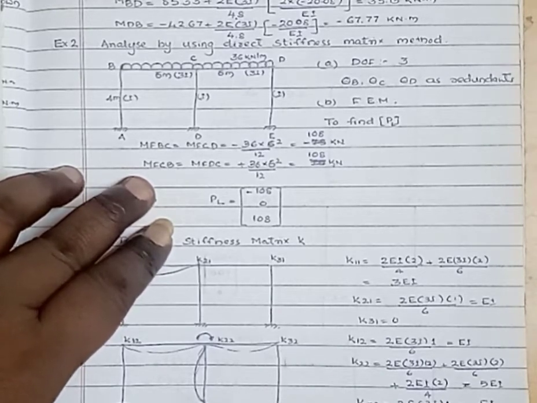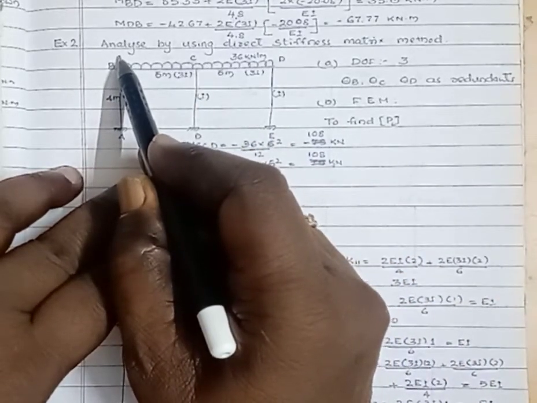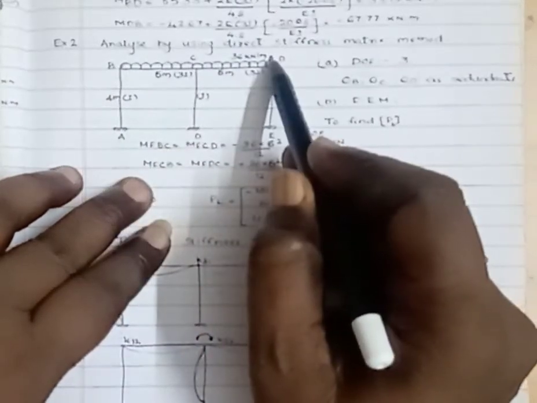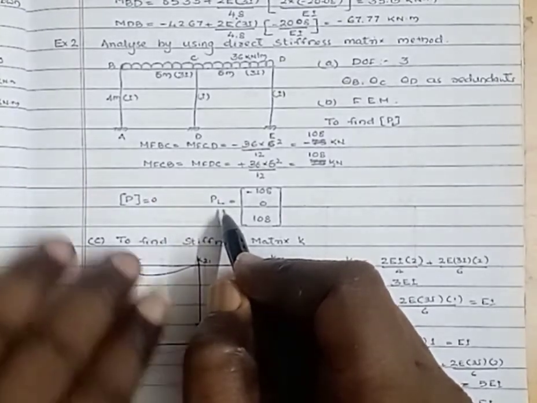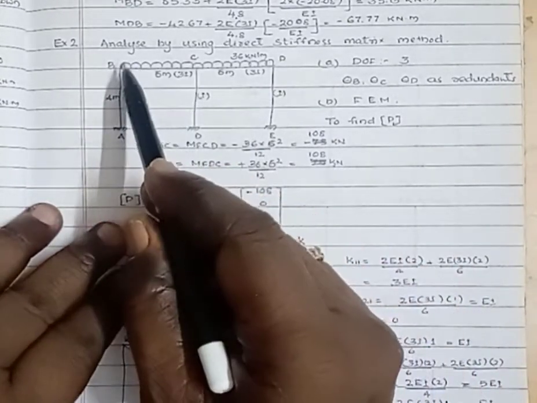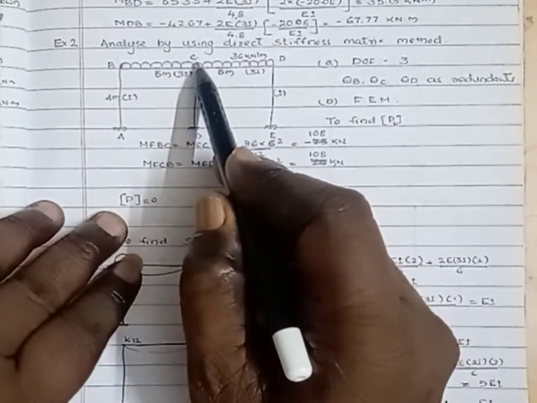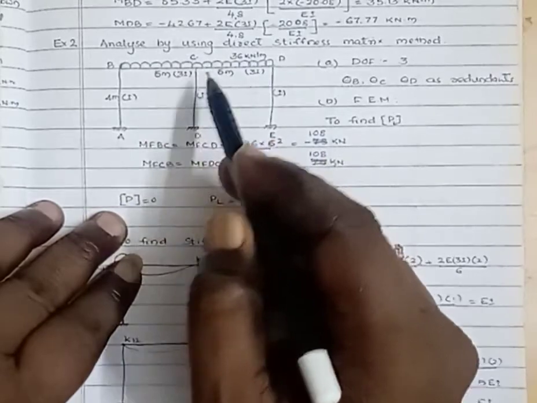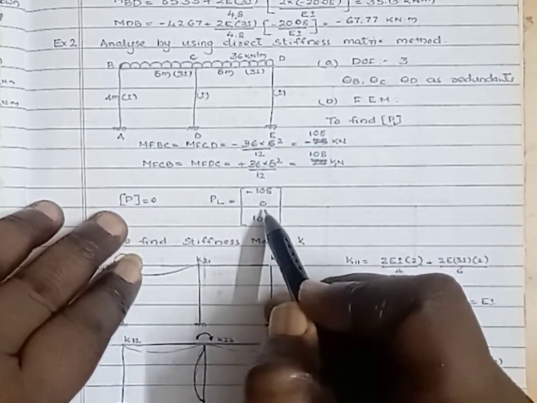Then the vector due to the loads at coordinates 1, 2, 3. Here we have considered theta B, theta C, theta D as the redundants. Here we can give the coordinate directions. This is 1, this is 2, this is 3. Then the vector due to the applied load, that is PL. Here at 1 the net moment is minus 108, that is anticlockwise. And then the net moment at coordinate 2, that is at C: one is clockwise, one is anticlockwise, both equal in magnitude and opposite in direction. The summation is 0.